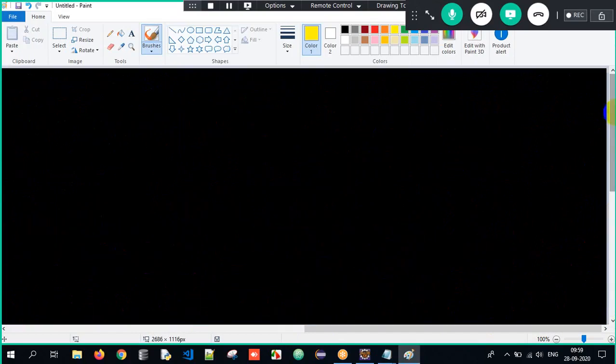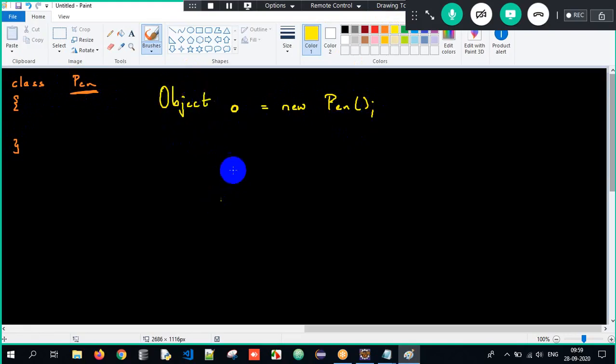You just need to understand upcasting. See, if I have a class called Pen, don't you think this Pen class has Object as the superclass here? Correct, no? So what is upcasting? Creating an object of a subclass and storing its address into a reference which is of type superclass. So this is nothing but upcasting. See, subclass object, superclass reference. This is upcasting and it's absolutely valid.